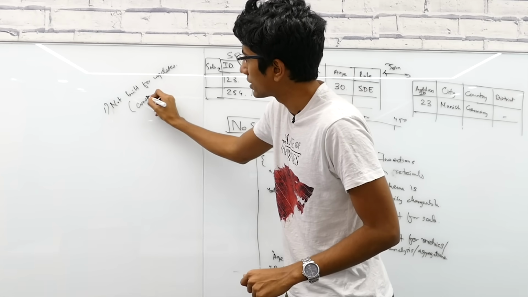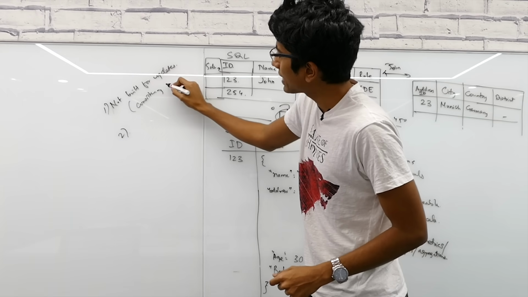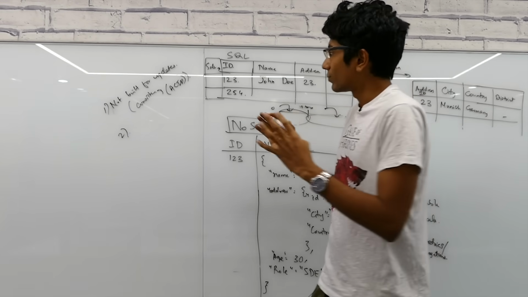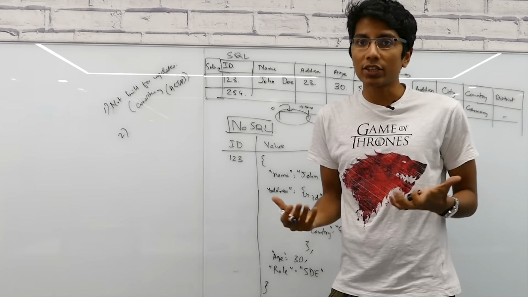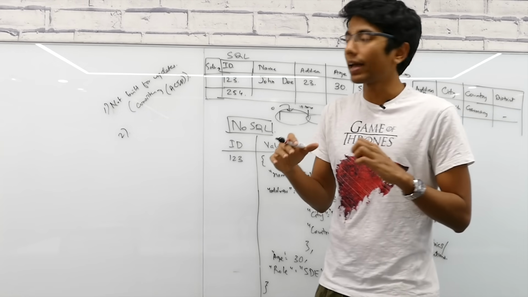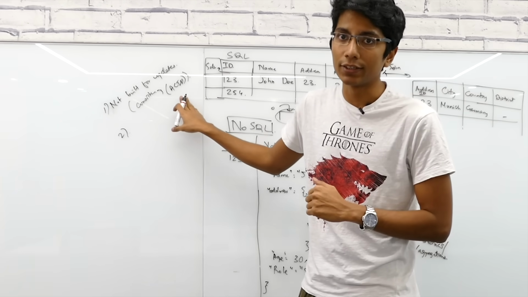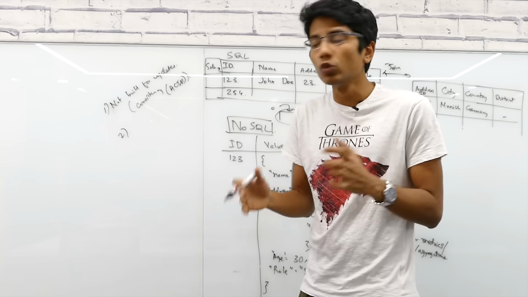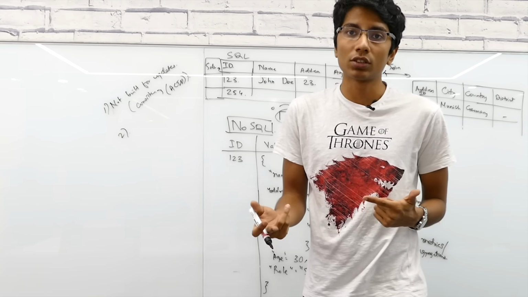So I'll just write it down. Consistency is a problem, which basically means ACID is not guaranteed. If ACID is not guaranteed, you can't have transactions using NoSQL databases. At least you can't have the same transaction properties of ACID. Okay, so that's a big reason why financial systems don't use NoSQL databases for their transactions, because it doesn't make